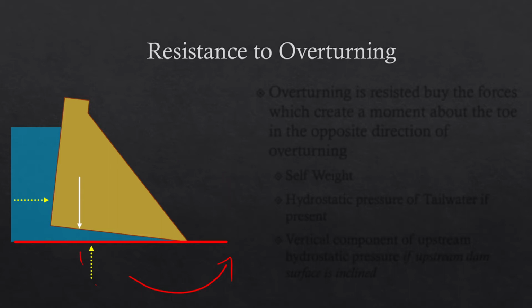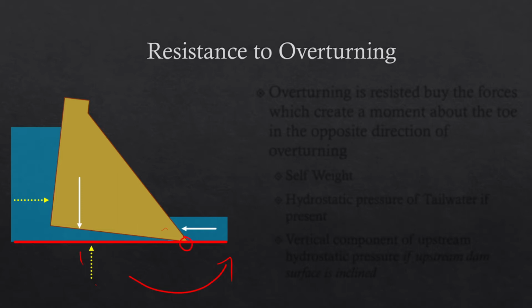So that is one resisting moment, one force that is giving resistance to the overturning. Then if there is tailwater pressure, if there is tailwater, that means there is some depth of water downstream of the river, downstream of the dam, then that is also going to give some resistance against overturning, because if